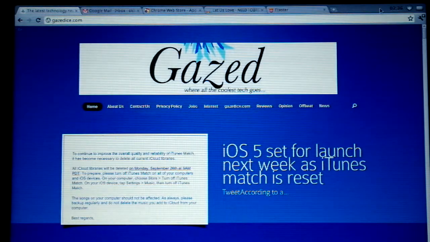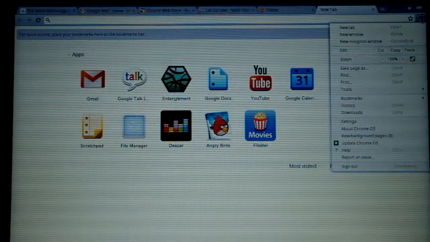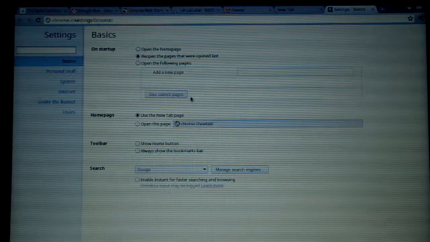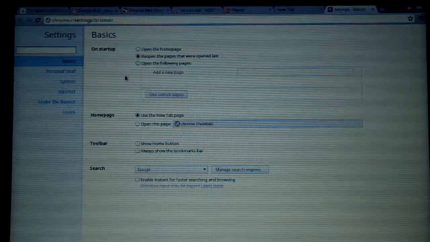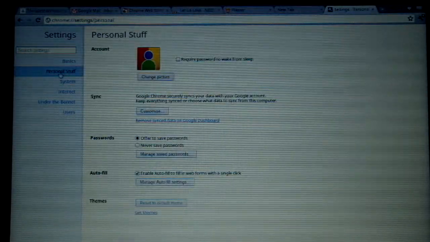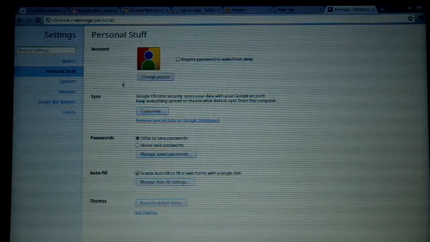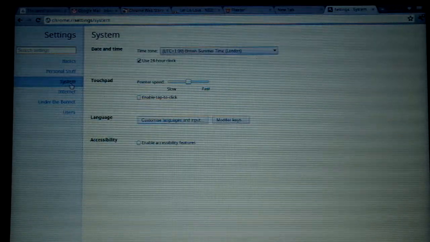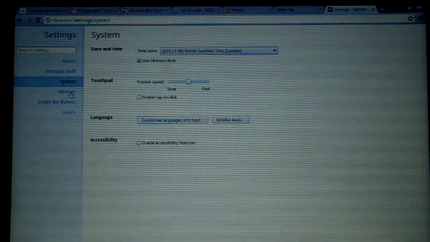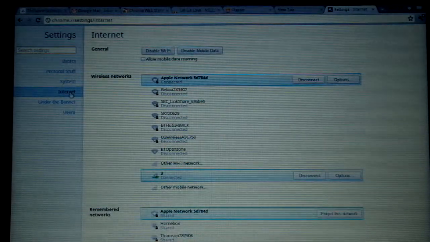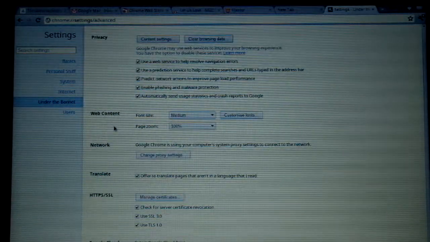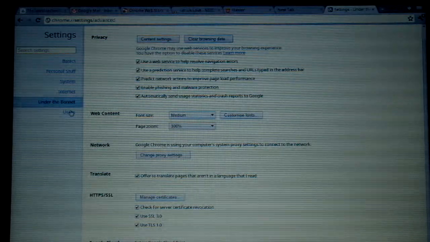If we want to see some more options, we can click on the settings option and you can see the basics: open the pages that we used last, open new tabs, require passwords, wait for sleep, save passwords. These are all settings which you can get through the browser. System, set date and time. Then we have the data connection options under the bonnet, letting you change your privacy settings, set up Google Print,